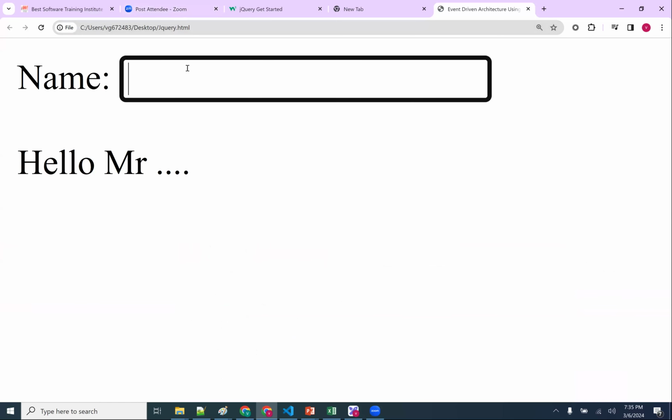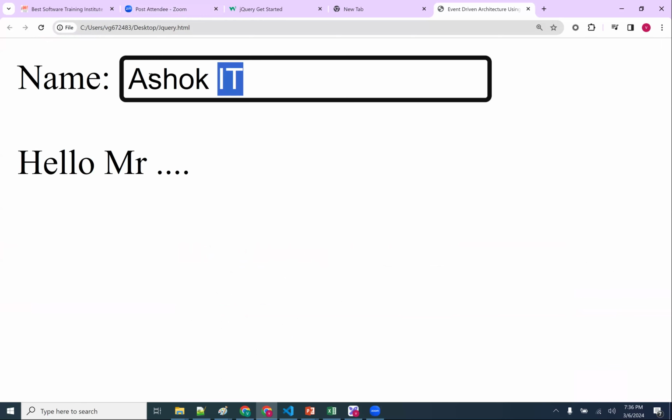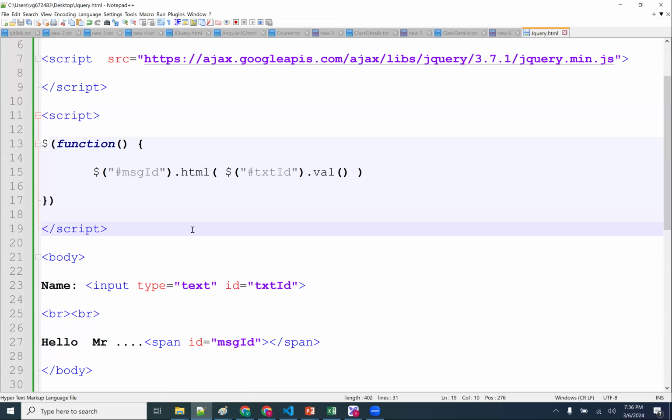Now I am typing Ashok IT, but I am not getting the output, guys. I am only typing in the text box here, but this value is not coming to hello, Mr. Ashok IT. Why is it not coming? This is the problem of jQuery. Sir, there is no problem in my code. I wrote it perfectly. But it is event driven architecture, which means